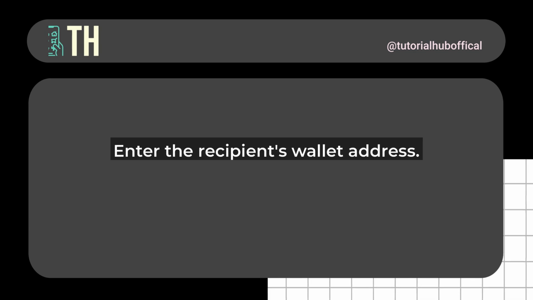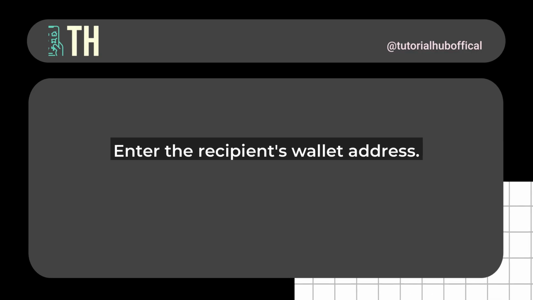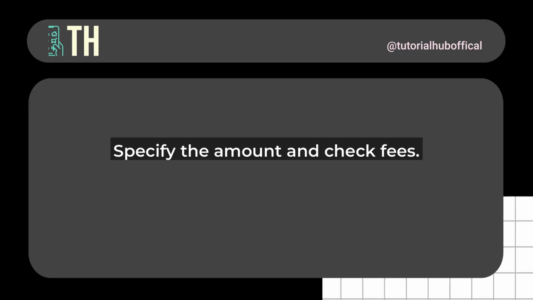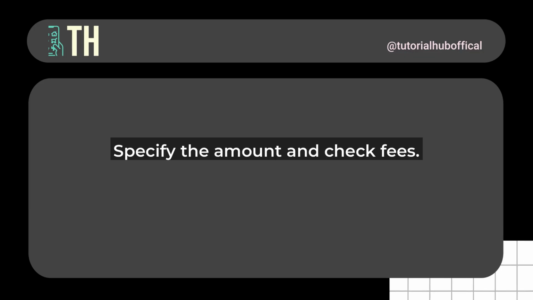This is where you'll enter the recipient's wallet address. Double-check this carefully. A wrong address could mean lost funds forever. After entering the address, you'll need to specify the amount you want to send. Robinhood will show you any transaction fees up front, which in 2025 might be lower due to their improved network